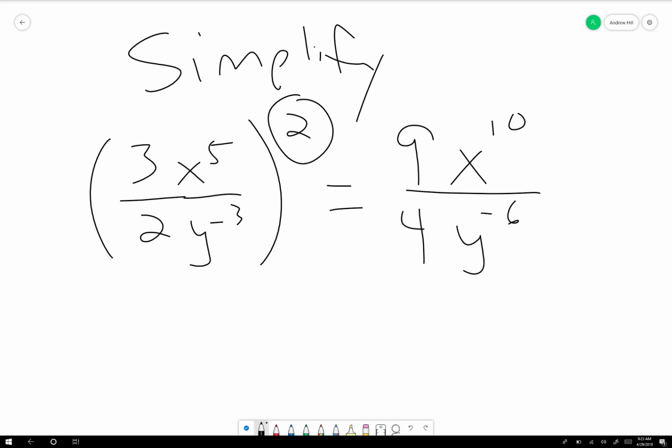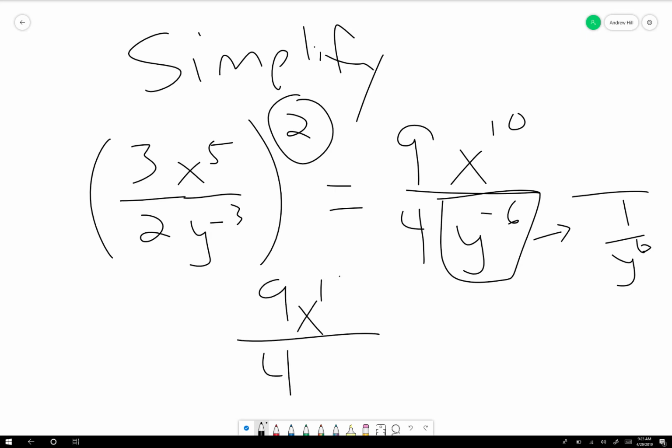Now, if we were okay with negative exponents, this would be fine, but since we said we don't want any negative exponents in the final result, we have a y to the negative 6 here, and we want to redo that. Now, this literally means that on the bottom you have 1 over y to the 6th, if we wanted to write it that way, but that's going to put a fraction in your fraction, and that's not very convenient looking. So another way of doing it is just knowing that if we take the reciprocal of something that's in the denominator, it's automatically going to put it in the numerator. In other words, everything else stays where it belongs, but the y to the 6th is now in the numerator,